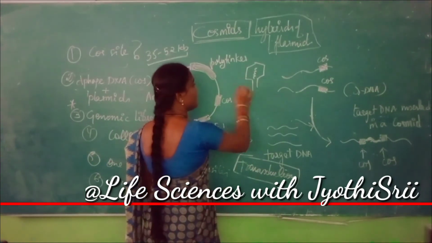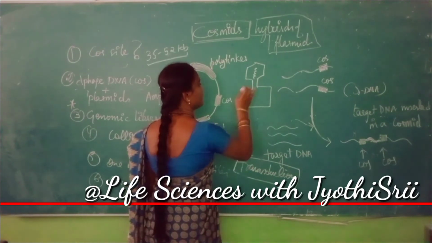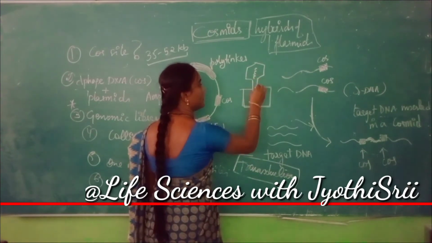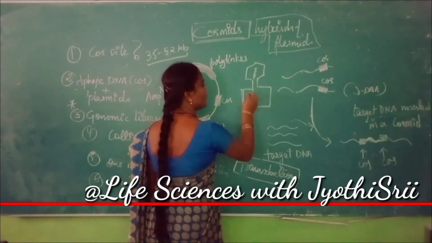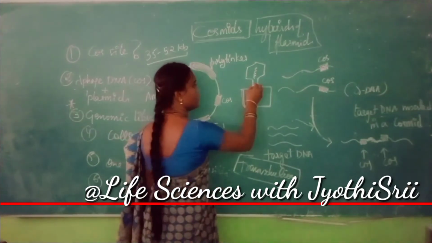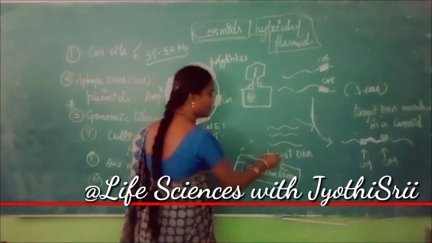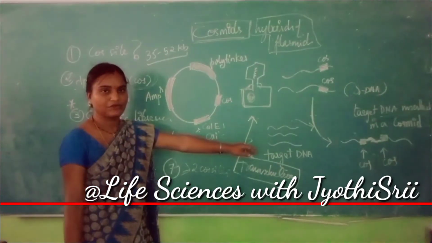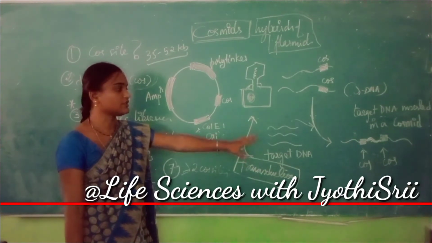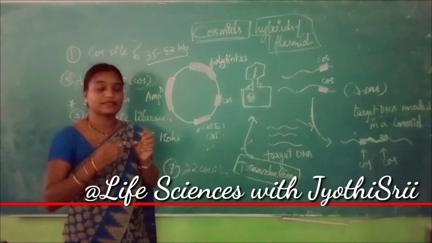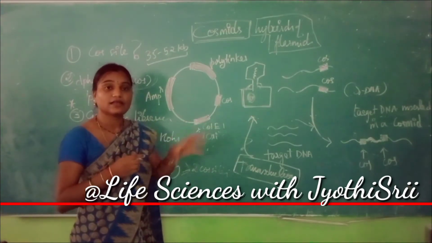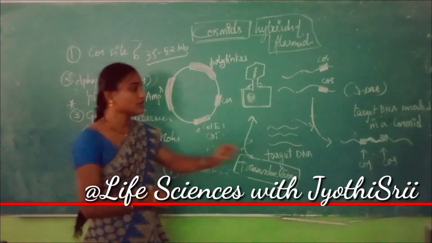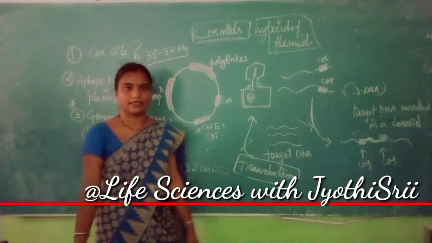Next, this is left for several generations. It is left for replication. So how is it? It will go and attack your bacteria, isn't it? So this will go and attack your bacteria in order to get into transduction. So this is left for several replications, for several generations. Then what happened? So the obtained bacteria contains the next generation phage DNA molecules, bacteriophage DNA molecules, containing your target DNA, isn't it?